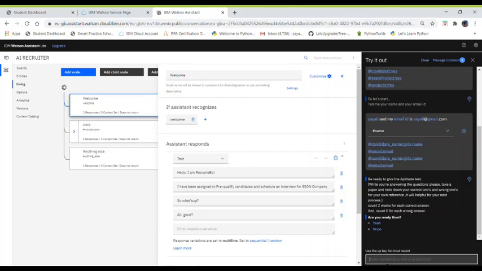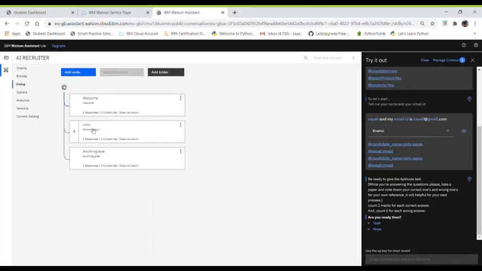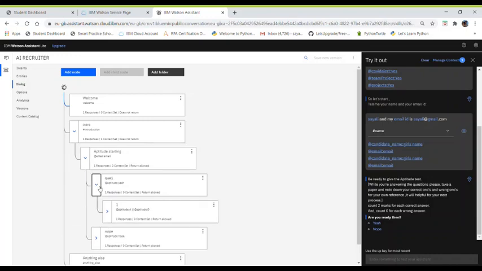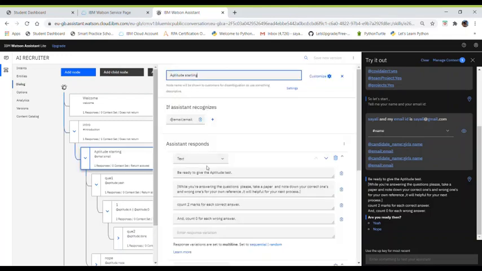So how did it recognize how to answer the next question? See here, I have added lots and lots of nodes and their child nodes for the recognition purpose of the assistant. See, this sentence is used in this section, which is aptitude starting: be ready to give the aptitude test.